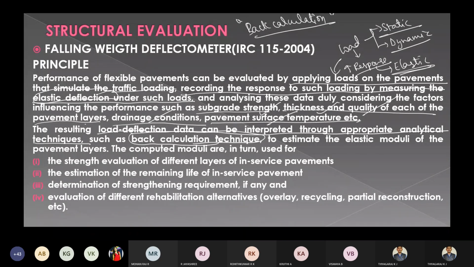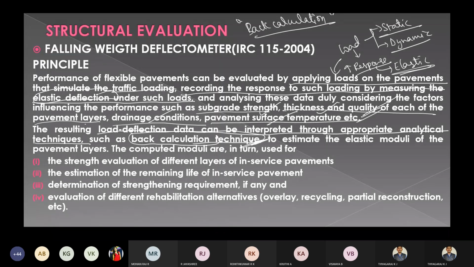Earlier in the BBD, we apply a load and directly get the deflection value. But here we are not directly getting the structural condition of the pavement. We apply the load and work out the deflection based on these data. That's why it is called a back calculation technique.